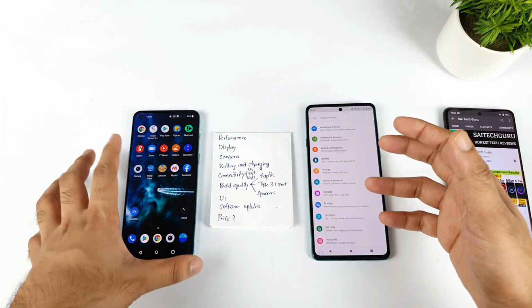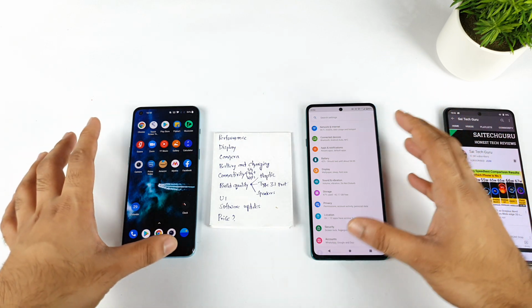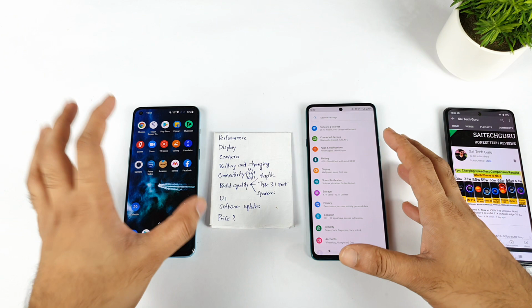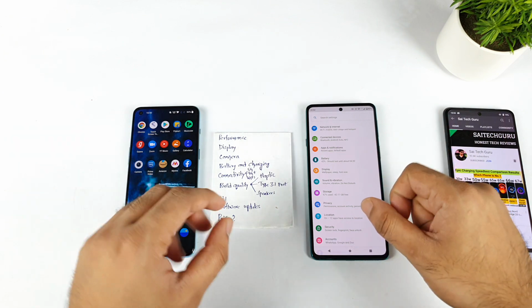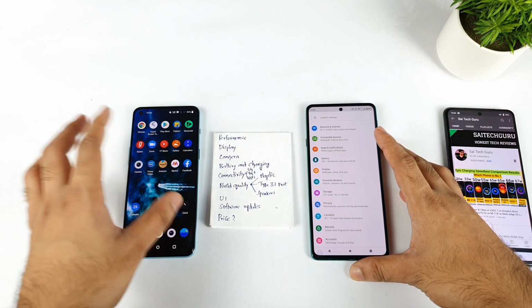The colorways got mixed in this OnePlus Nord 2. Now price. Right now both phones are available for about 30,000 rupees, and maybe in the sale we may see a slight discount for the OnePlus Nord 2 as well. That's what I'm expecting. So this is my complete review and comparison between both phones.